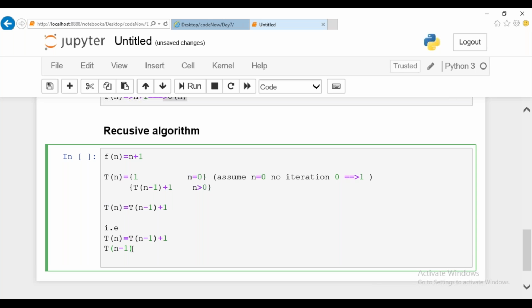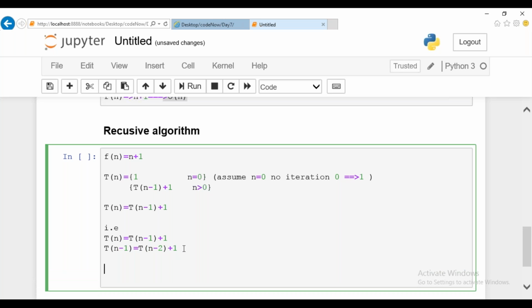We are going to add minus 1 to the existing expression. So what happens? T of n, you are adding minus 1 along with it. Wherever there is n, then n minus 1 will be added. So if you are adding minus 1 along with it, it will become T of n minus 2 plus 1. Guys, is this clear? Very basic.